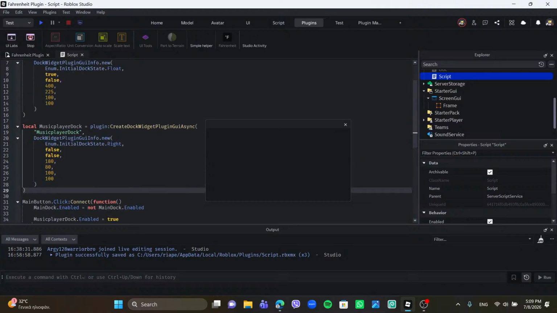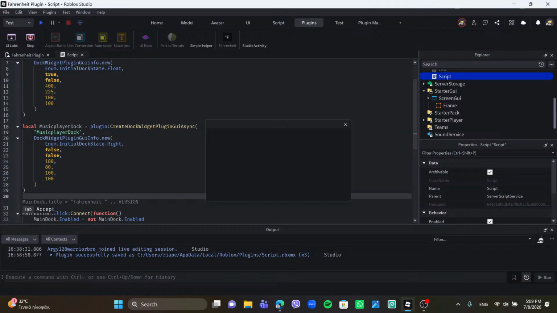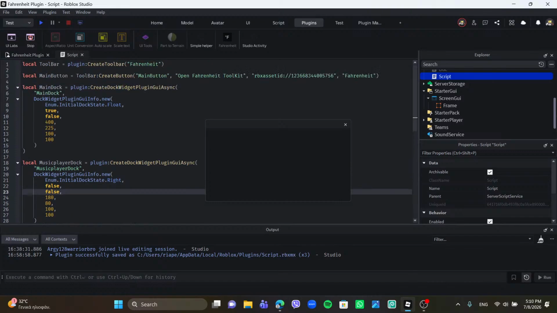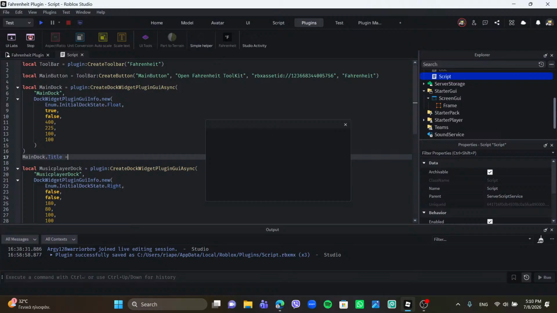Now let's change our dock widget title and name it. Music player dot title equals, I'm going to put Fa for like a shortcut, Music player. So this of course is going to put a name over here, a text which marks our dock widget. Let's also do it for the main dock. Main dock dot title equals